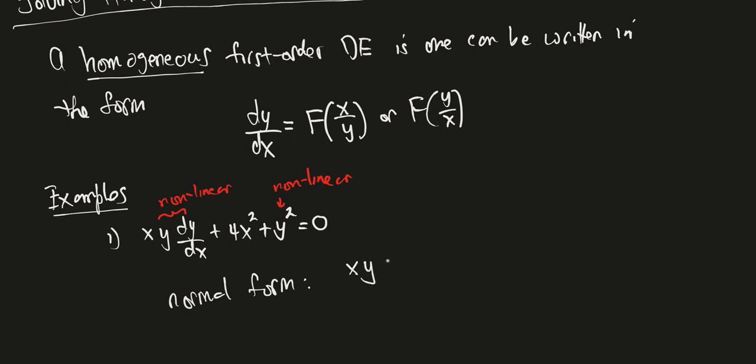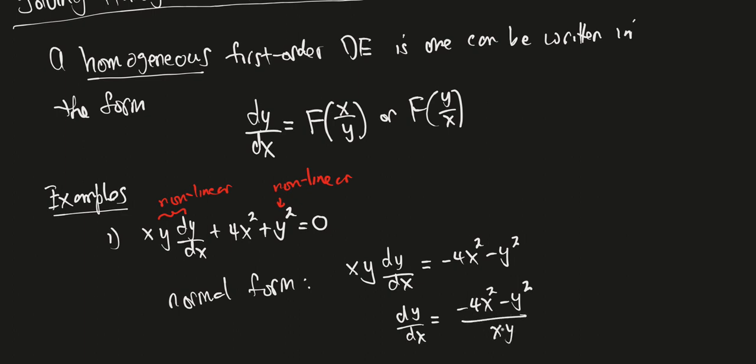So we would have xy times dy dx, and then I'll have negative 4x squared minus y squared, and then I'd have to divide everything by xy, right? So I'd have dy dx is equal to, and then I would have negative 4x squared minus y squared